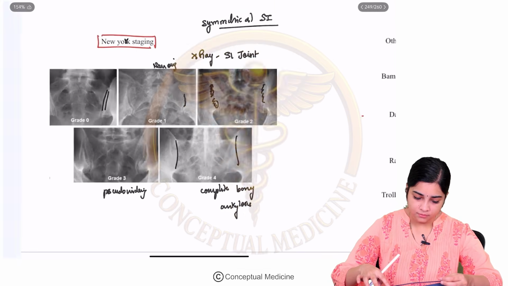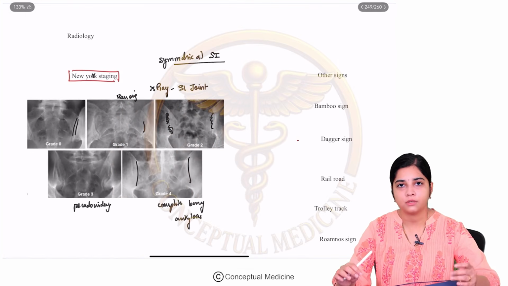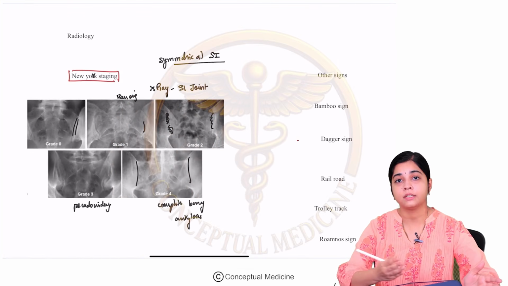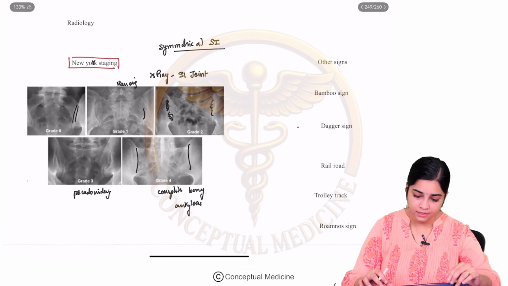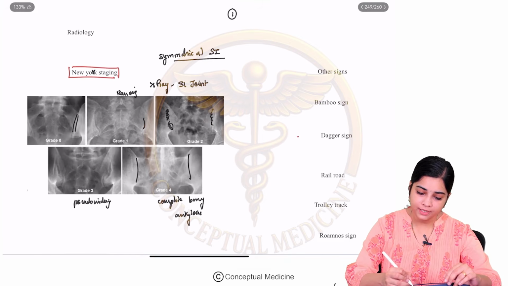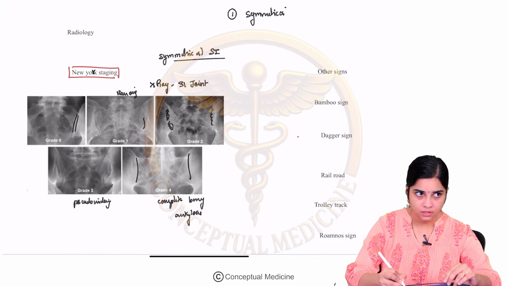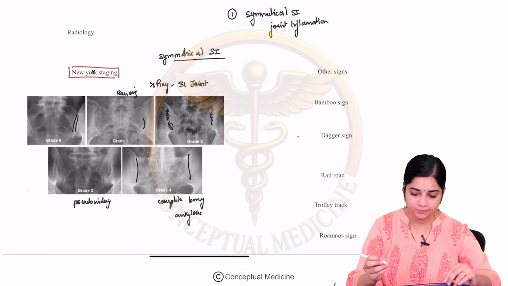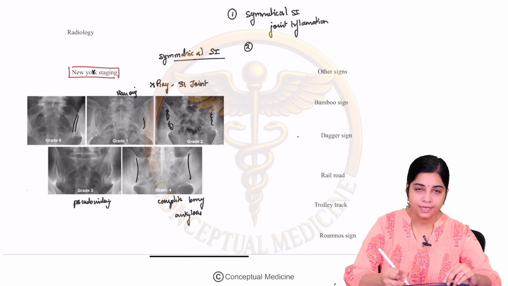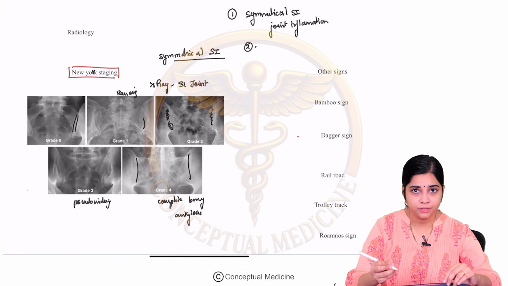So this is what we call the New York staging, or the different X-ray findings you can grade in your axial spondyloarthropathy. Now, the first X-ray finding is your symmetrical SI joint involvement, sacroiliac joint inflammation. So this is the first finding. Secondly, you can have what? You can have inflammation in